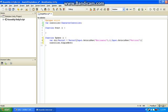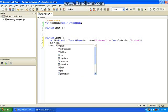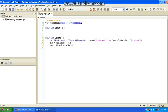Which reminds me, we should probably normalize this. So dir equals dir.normalized. We don't even need to, but I'll do that anyway just for the sake of it. Dir equals dir.normalized, and basically what this means is it gives the